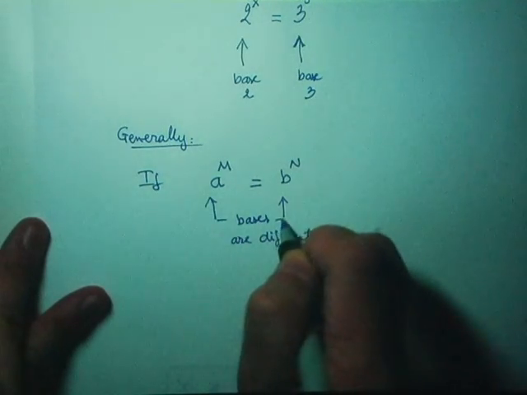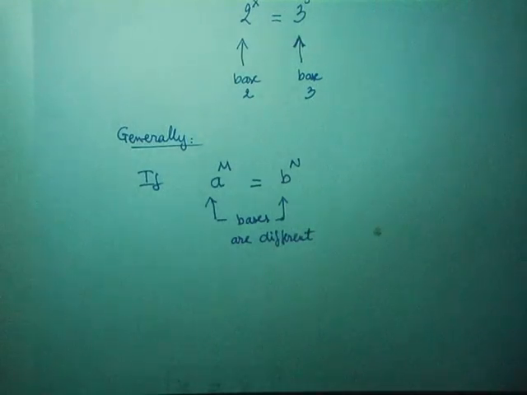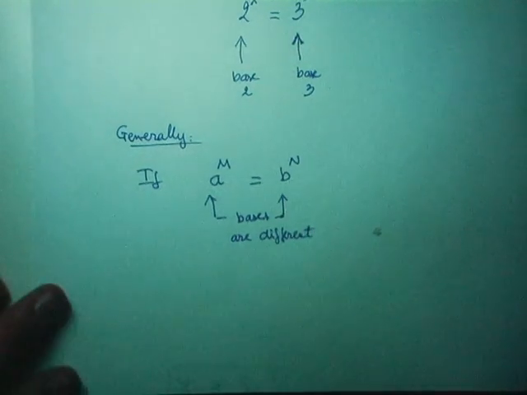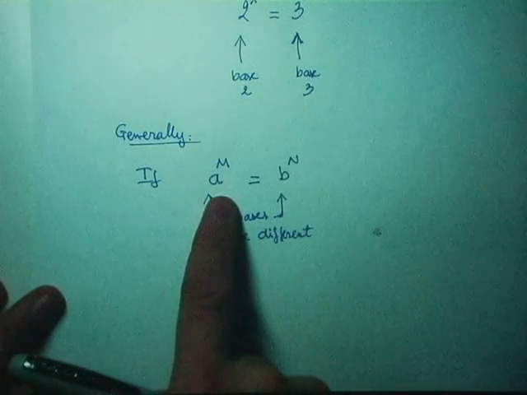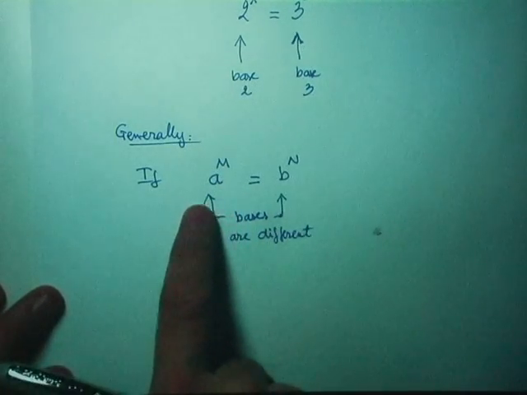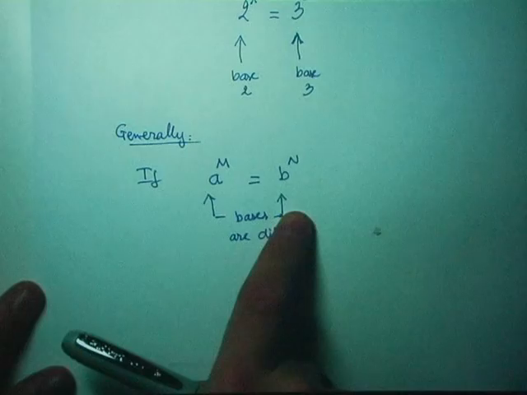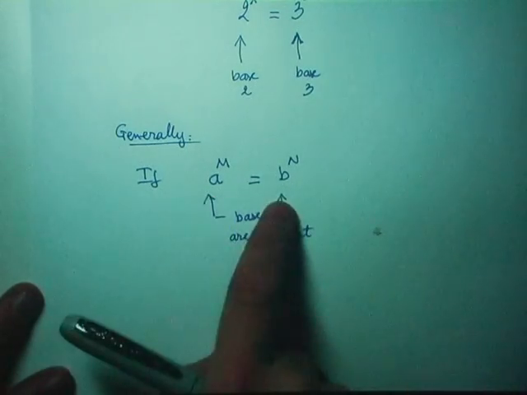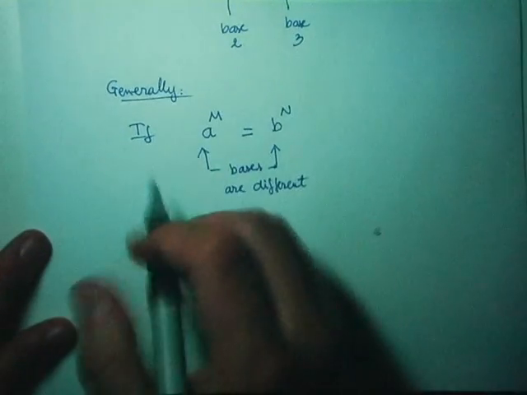Are you all getting me clear so far? Anytime you run into a problem where the two bases, no matter what you try, just cannot agree to be a common base, then what you can do